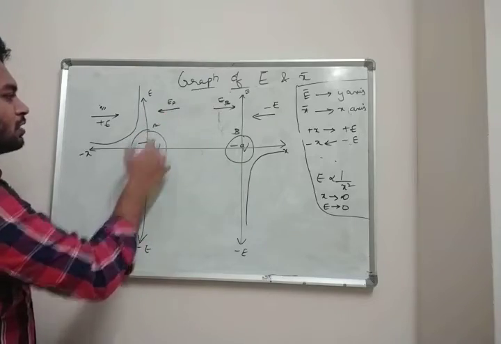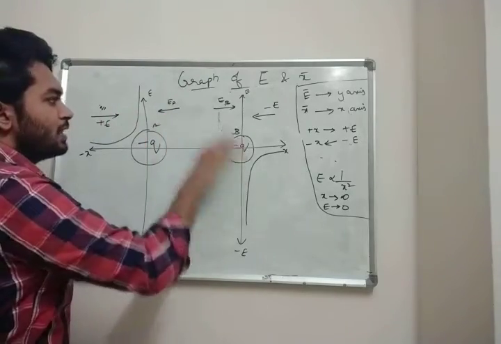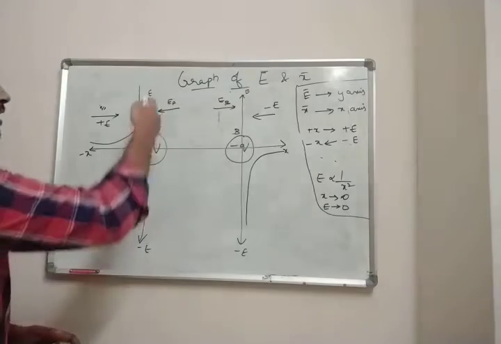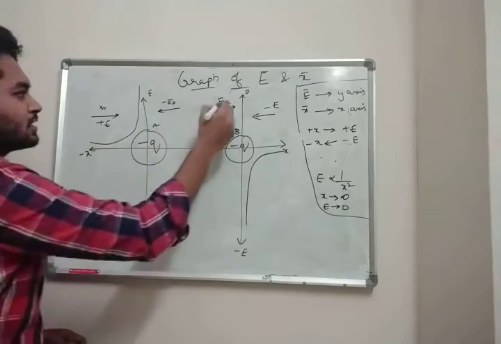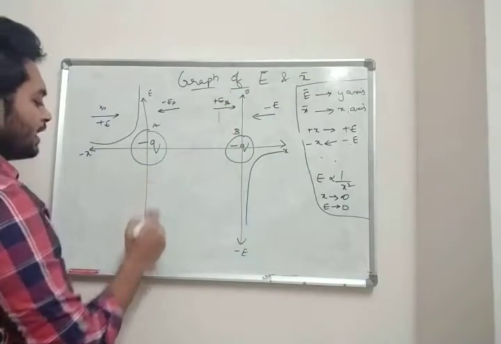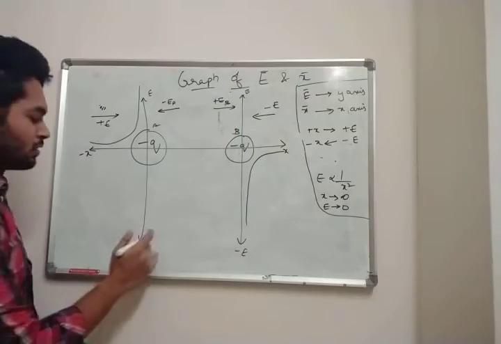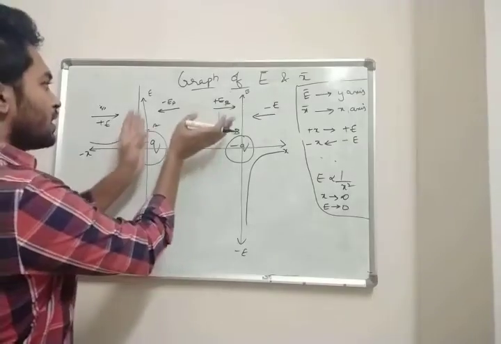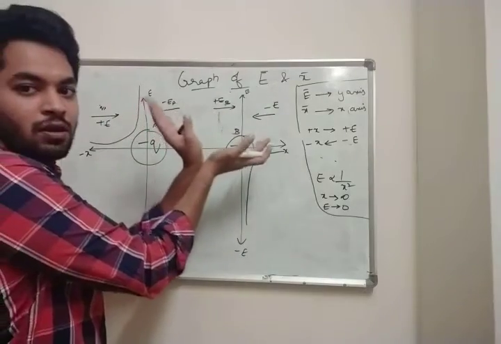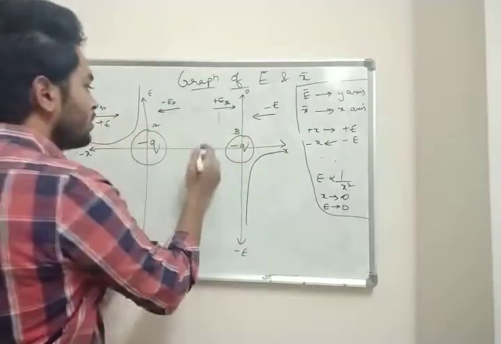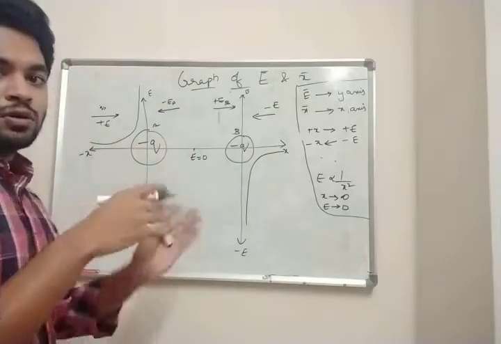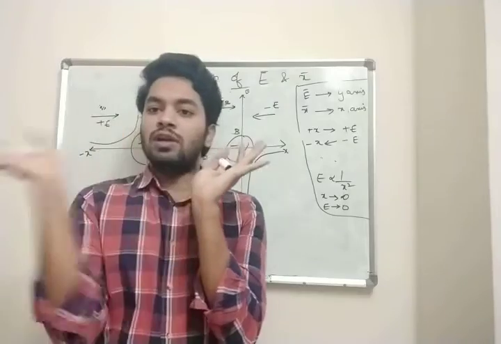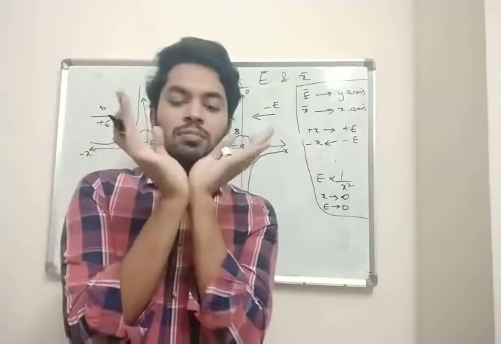For this Q, this is the electric field. For B, this is the electric field. So here, the left side electric field is negative, the right side electric field is positive. Negative means from here we should start from downwards. So here we have two forces like this, opposite to each other. So your electric field E equals 0 at the middle point. One is going this side, one is going this side. So in the middle it will be 0.